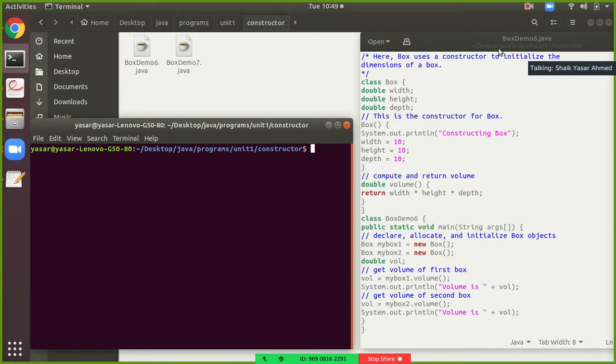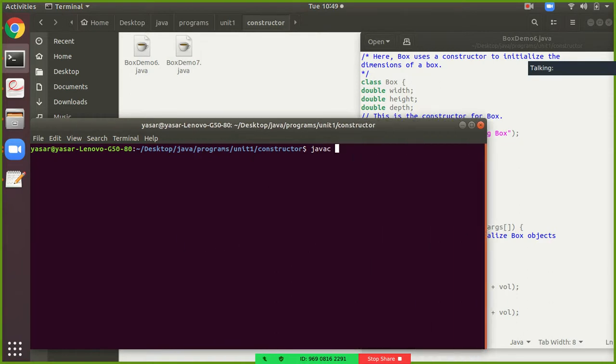See here, I have saved it with BoxDemo6.java. So I have to compile with the file name I have saved it with. So javac BoxDemo6.java. Now after I compile, observe here what is going to happen.